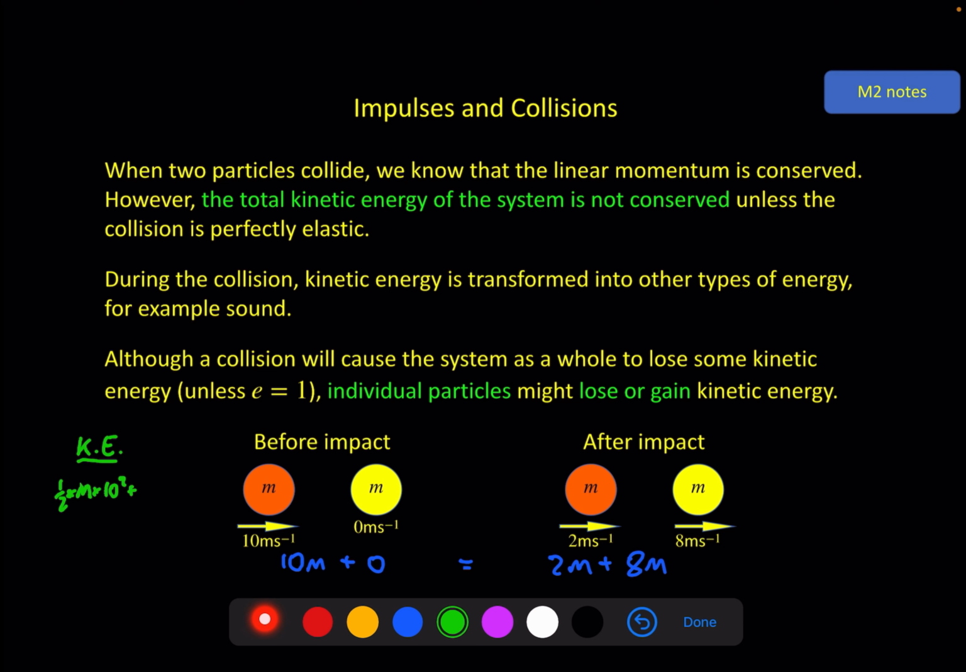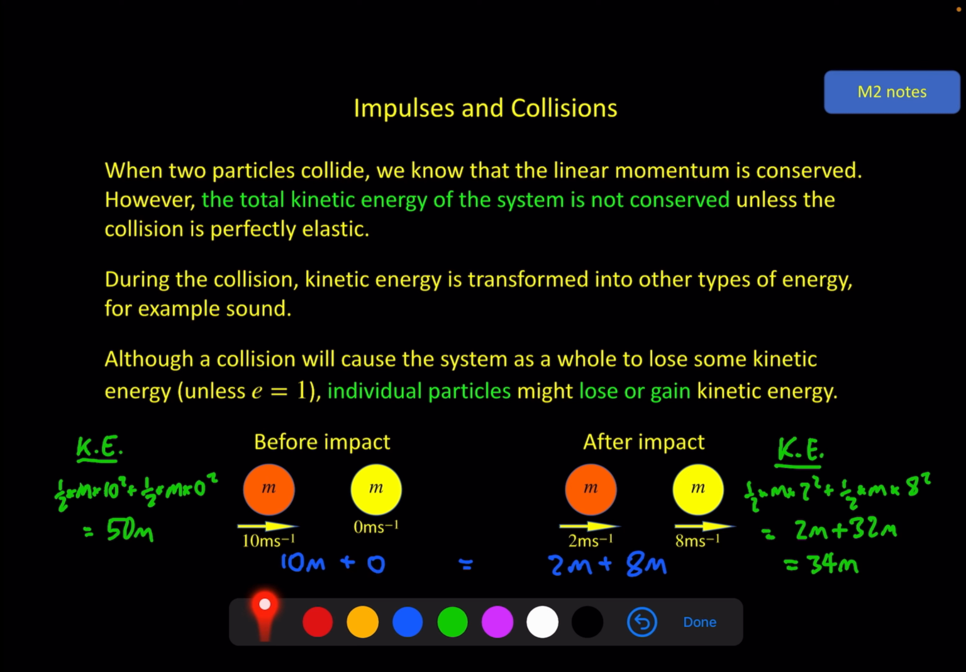squared for the first particle, and a half times m times v squared for the second particle, gives us a total of 50m. After the impact, the total kinetic energy of the system is a half times m times v squared, plus a half times m times v squared, which gives us 2m plus 32m, a total of only 34m joules of energy. So you can see that the kinetic energy has decreased even though linear momentum has stayed